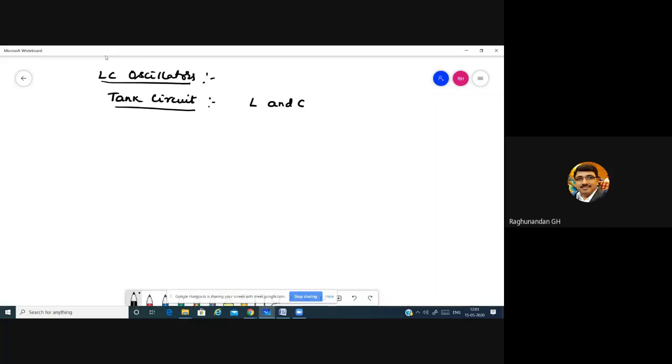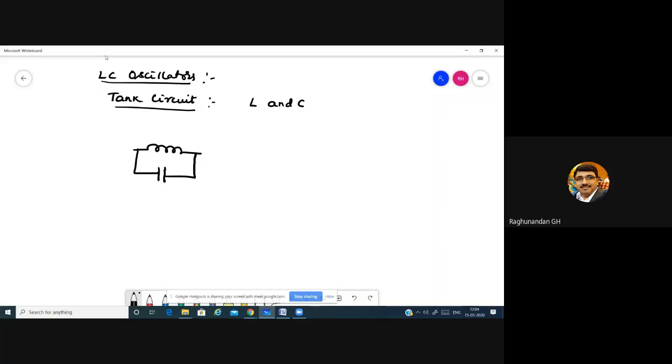So that's why they came up with LC oscillators or tank circuit oscillators. These are known as tank circuit oscillators or tank oscillators because L and C components were used to connect the feedback. L and C means the inductor and the capacitor. In layman's understanding, why it is called a tank is that it looked like a water tank. So that's why they called it a tank circuit.